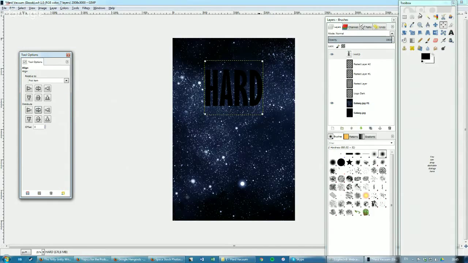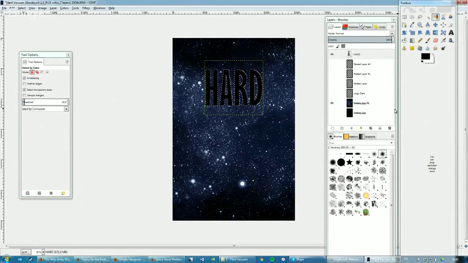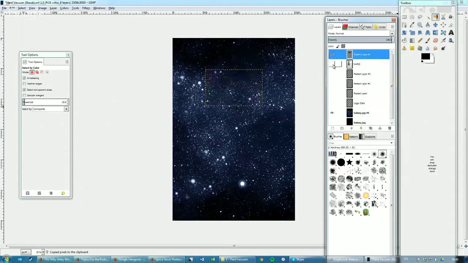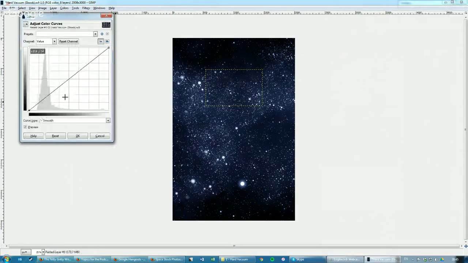So I write whatever the title is in Gill Sans MT. Then I go to the color select tool and I press on the font, so like so. Then I change the layer to the image and I press Control C, and then Control V and give myself a new layer there. So now I've got the letters in the background, basically a copy of the background, but in those letters. Then I go up to the curves tool under colors, and I adjust the colors until it looks nice. That is the extent of my